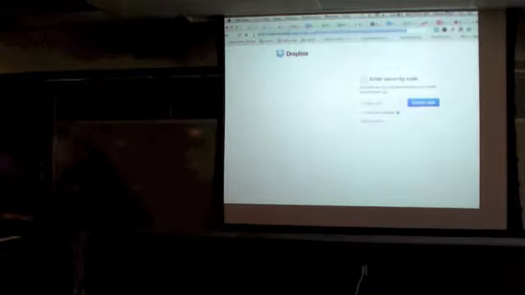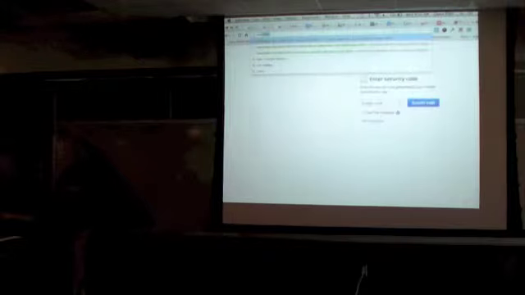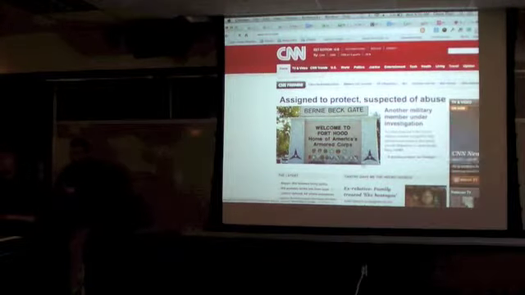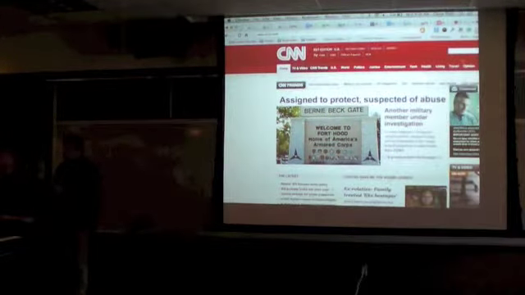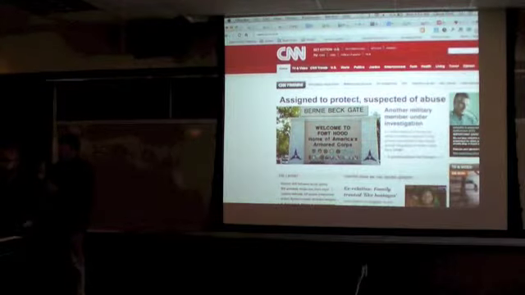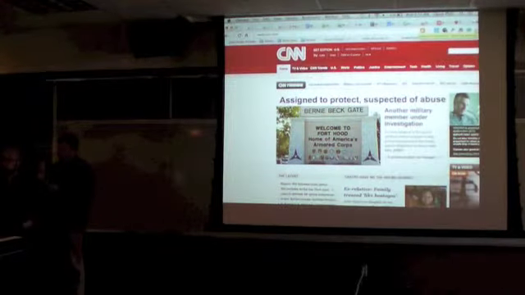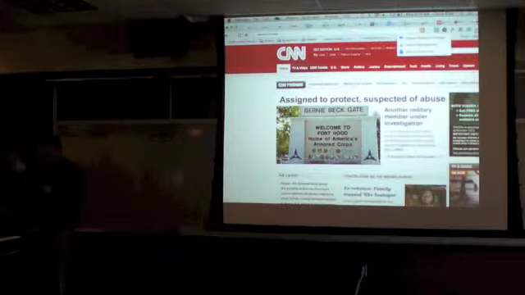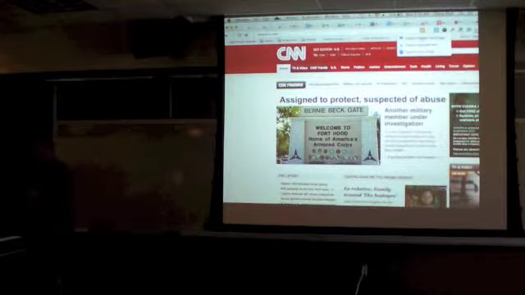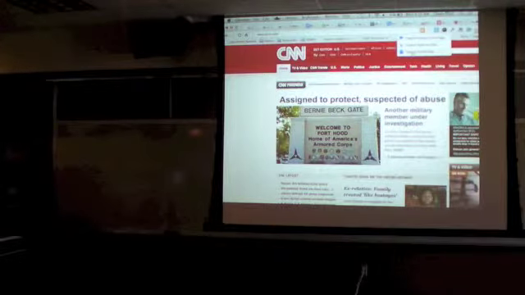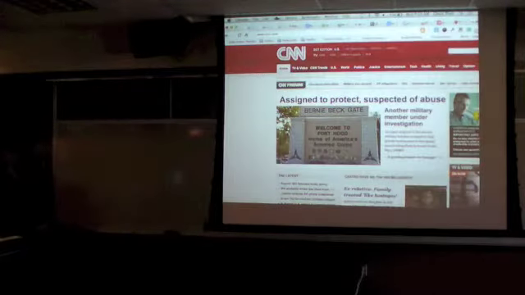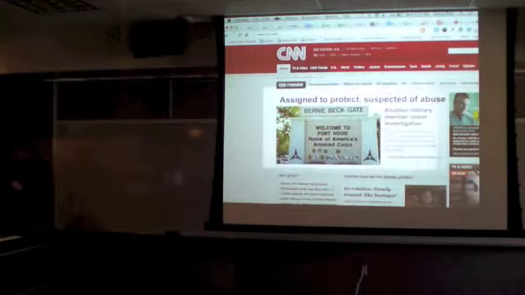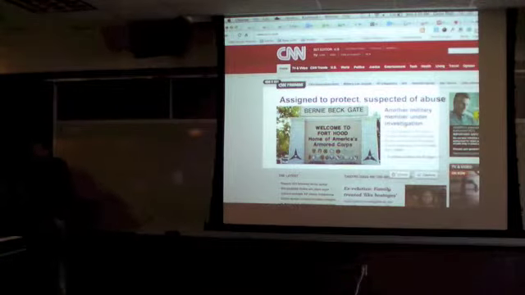So now let's imagine that I am looking at a web page. Here's a CNN story this morning, and there's a picture of Fort Hood, and I want my students to see that thing I found on the web. I can click this button in my browser here that you can see called Awesome Screenshot, capture and annotate. I can capture just the visible part of the page, the entire page I'm looking at, or a selected area. I pick a selected area, I click the capture button,